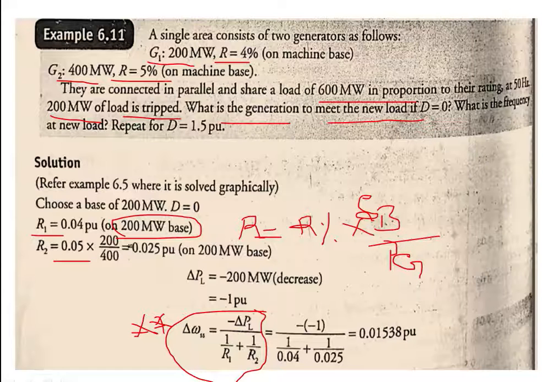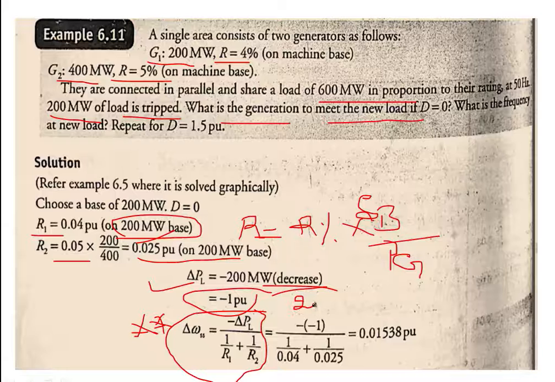So that will be applied here. So 0.05 into 200 by 400. So we'll get the base of 200. Then delta PL is minus 200. Why is it minus 200? It means shutting down of load, or decreasing of load. You can consider it as minus. Decreasing indicates a minus sign. So if you divide by the base, for this value we'll get minus 1 per